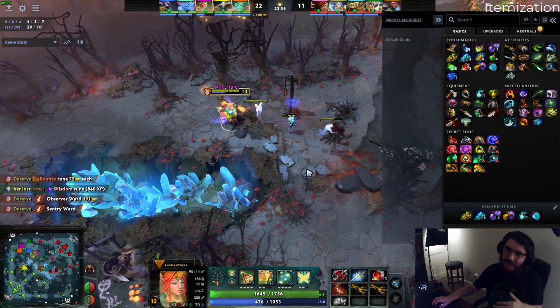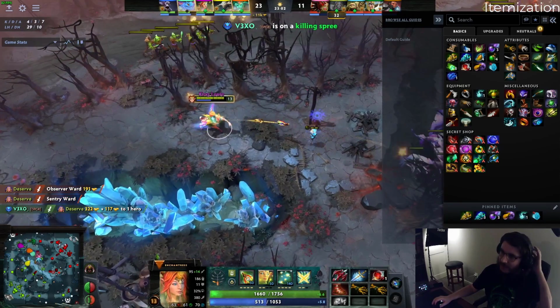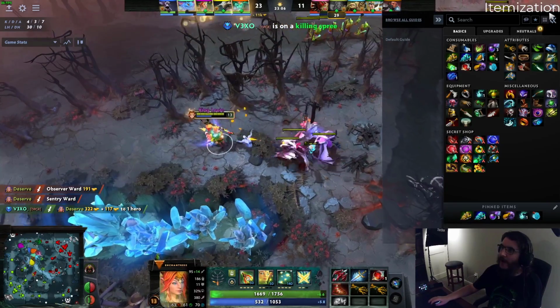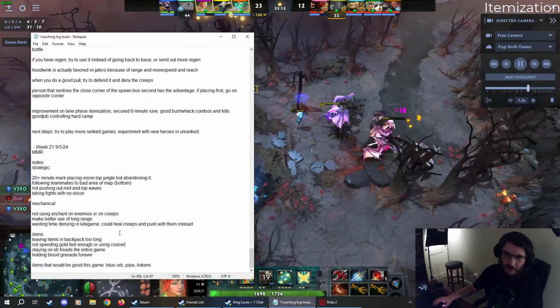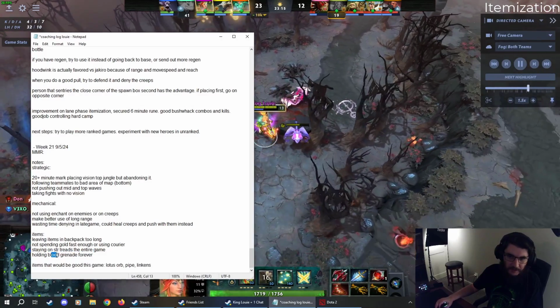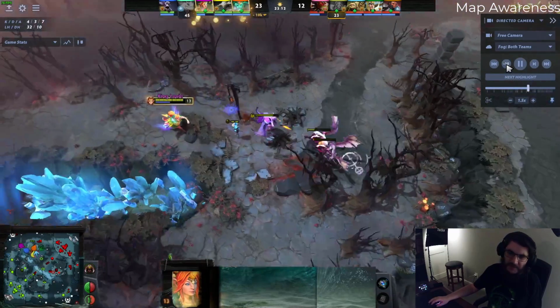So, you know, even if they don't cast a lot of spells, still buying a stick or a magic wand later on can be good, even if you didn't need it for the lane. Let me see real quick. What was the other thing? So there's that. And then one thing here, it's kind of just being a little bit,